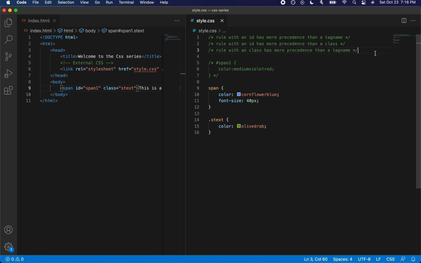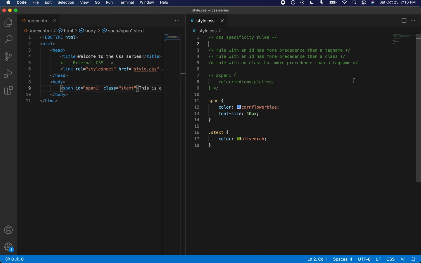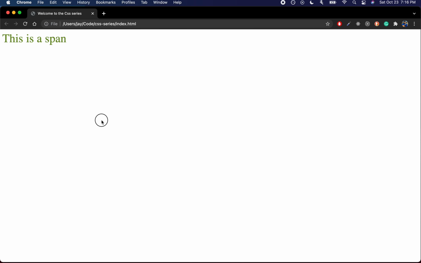These are CSS specificity rules. Let me call them CSS specificity rules. All right. Now let me go back and bring back the ID. Now the ID should have the highest precedence.